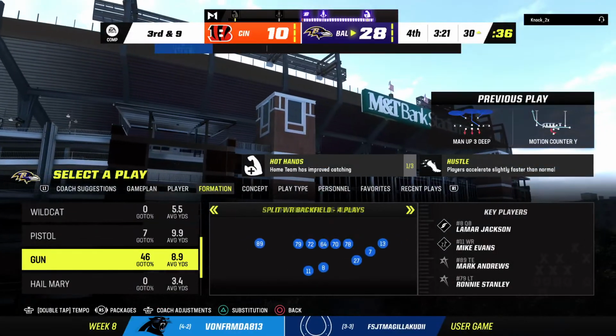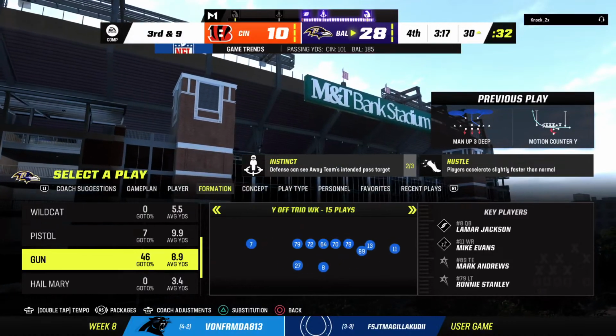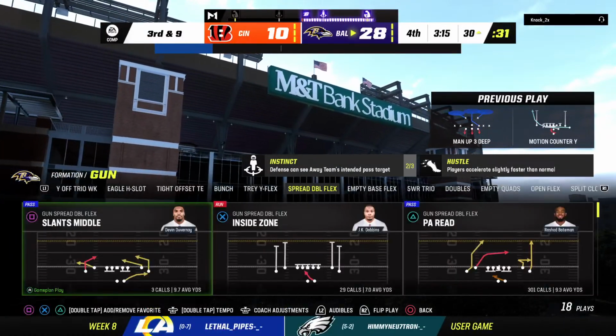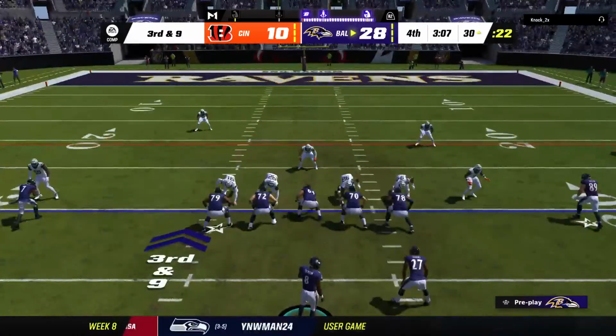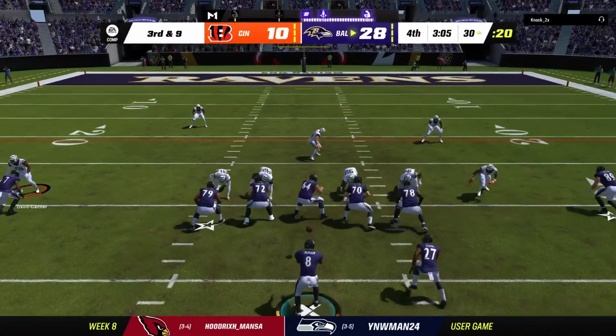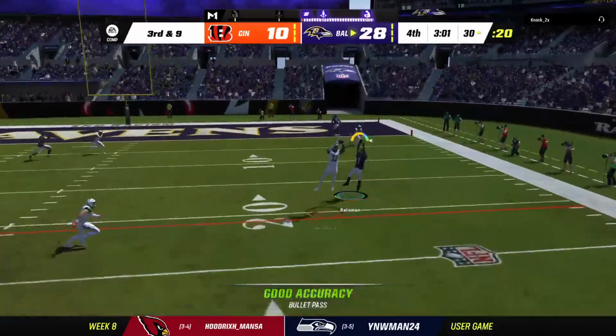They do get a yard there, but only a yard. Leaves them with 3rd and 9 looming. Brandon, I've got to think this offensive line has got some smiles on its faces. And I know it sounds crazy, but they practiced for this back in training camp. They knew they'd be in situations where it'd be extra defenders in the box coming after them, trying to keep...